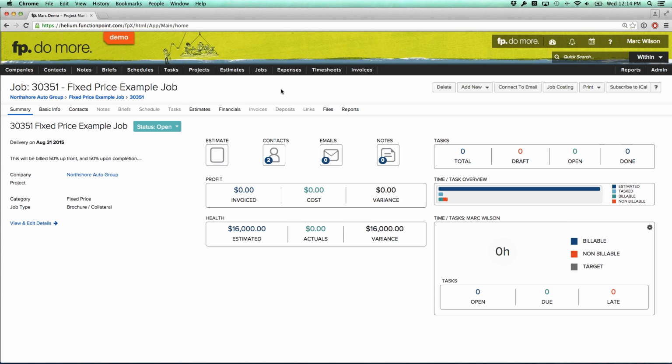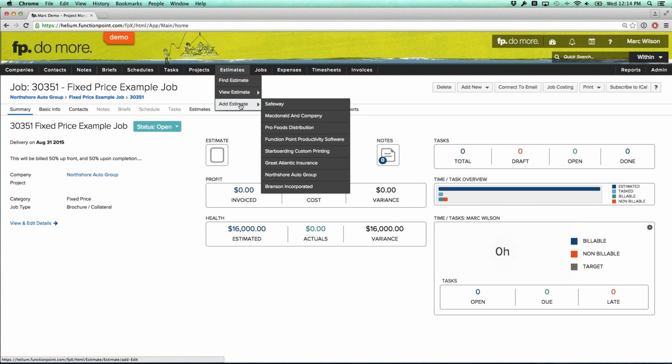But there's a very, very common theme in the setup of these retainers, and that is that in order to be able to invoice them effectively and efficiently, you need to have the estimated value equal the amount that you intend to bill upon the billing period of the retainer, whether that be monthly or quarterly. I never really see anything else. I never see annually or 6 months. I always see monthly or quarterly, usually monthly. But the value of the estimate needs to equal the amount that you intend to bill, usually every month or every quarter. So in that case, we're going to go ahead and we're going to choose to add an estimate,